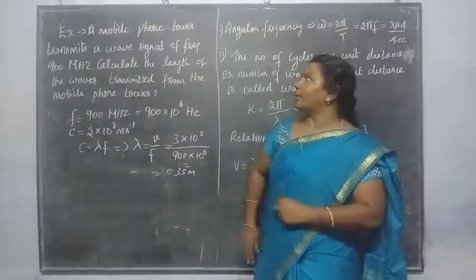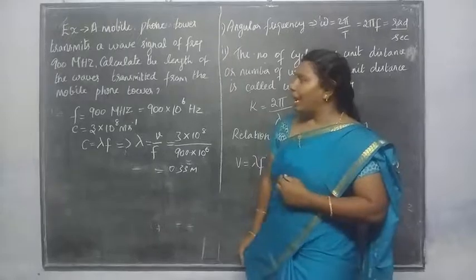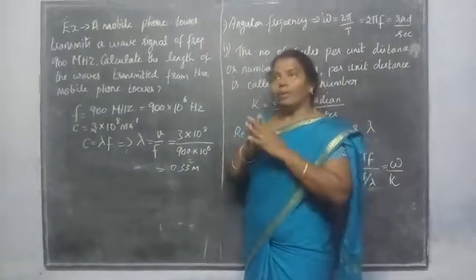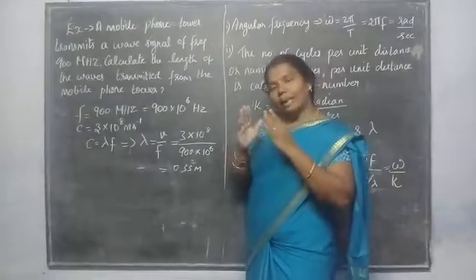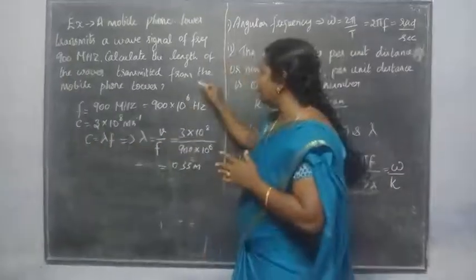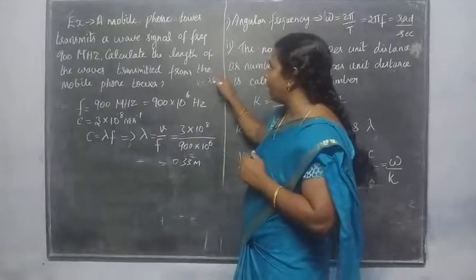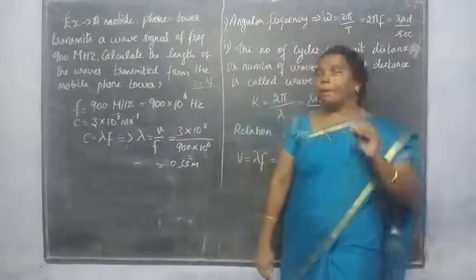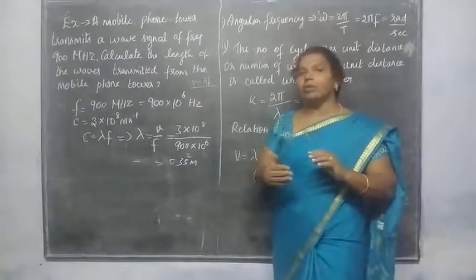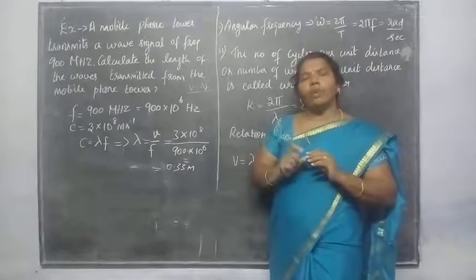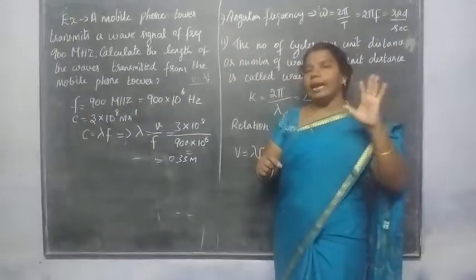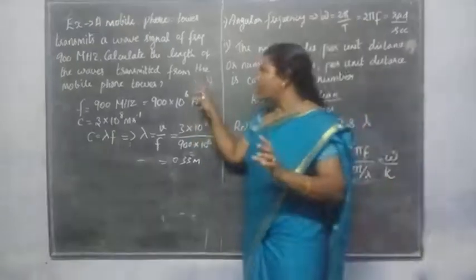So you know what is the relationship between the velocity and the wavelength. You know that the velocity of light is v, and sometimes the term v can also be written as c. Students, the velocity relationship is v is equal to lambda f. But here, the velocity term v can also be written as c, which is the velocity of light. What is the magnitude of the velocity of light? 3 into 10 to the power of 8 meter per second.